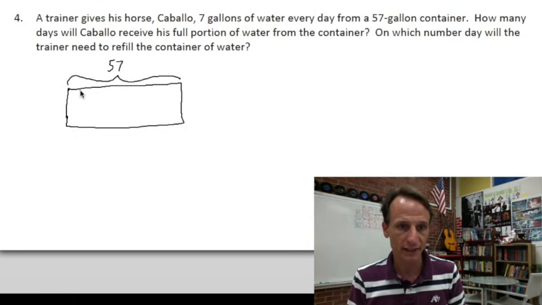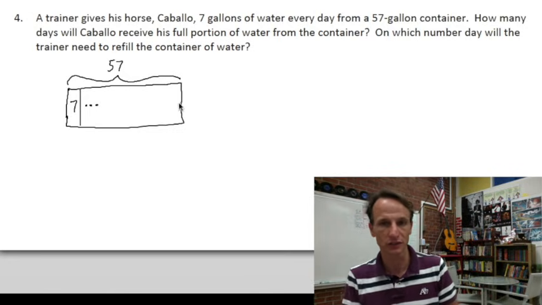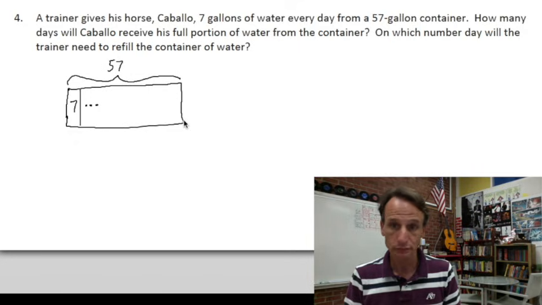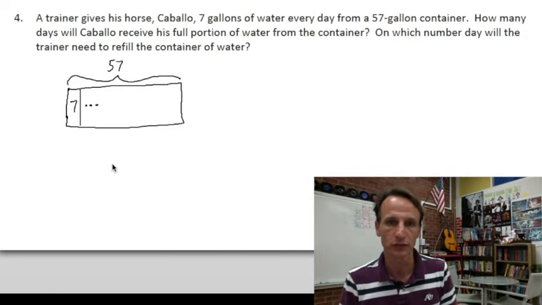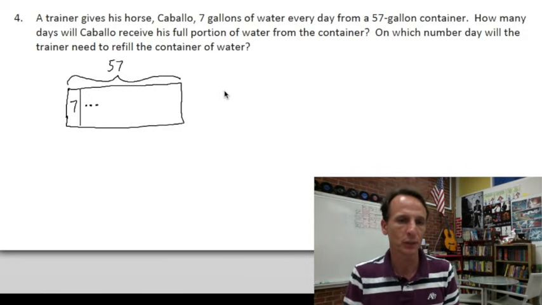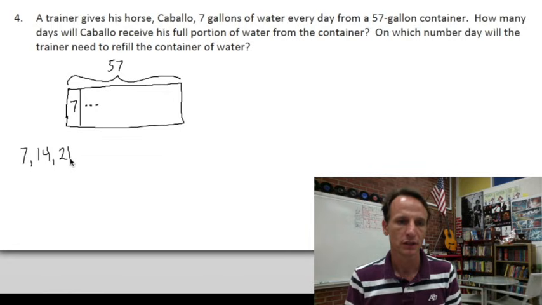And we're going to divide it into 7-gallon portions, and we're going to do a little dot, dot, dot, little ellipses here to indicate that we will continue dividing it into 7-gallon portions, although we don't know how many. To do that, well, you know, we have to divide. So a couple ways we can do that. We can skip count by 7. So let's do that. 7, 14, 21, 28, 35,